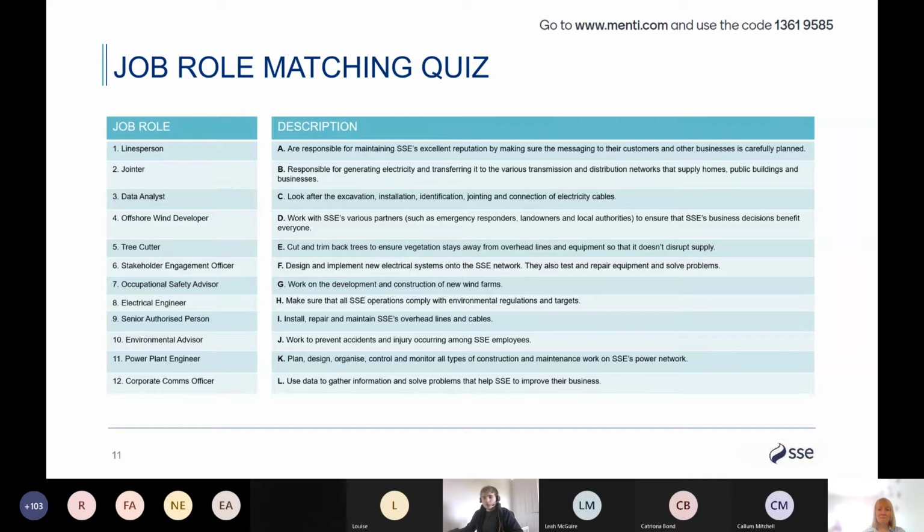Just wait for a couple more people. All right, so